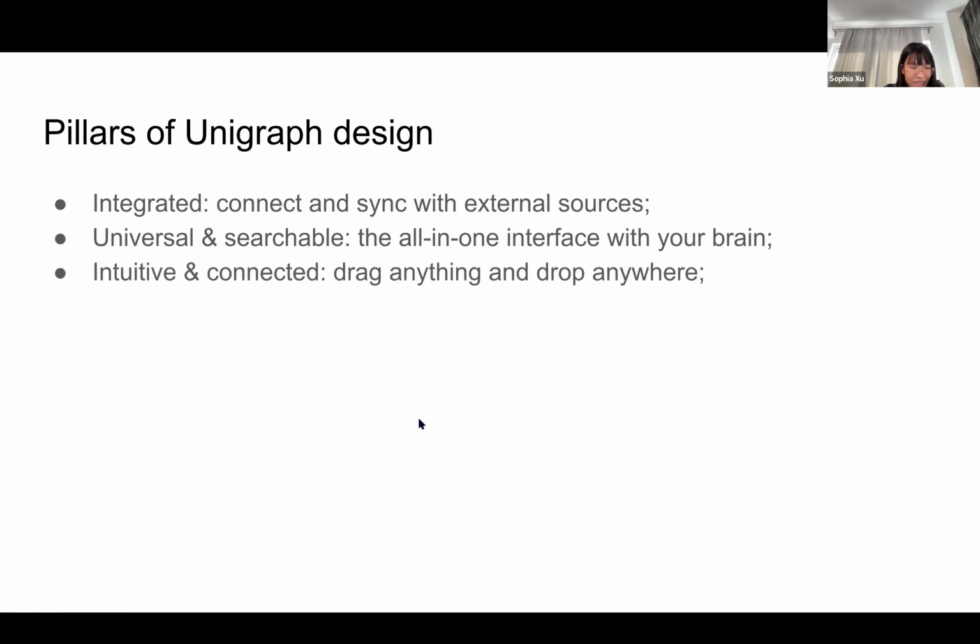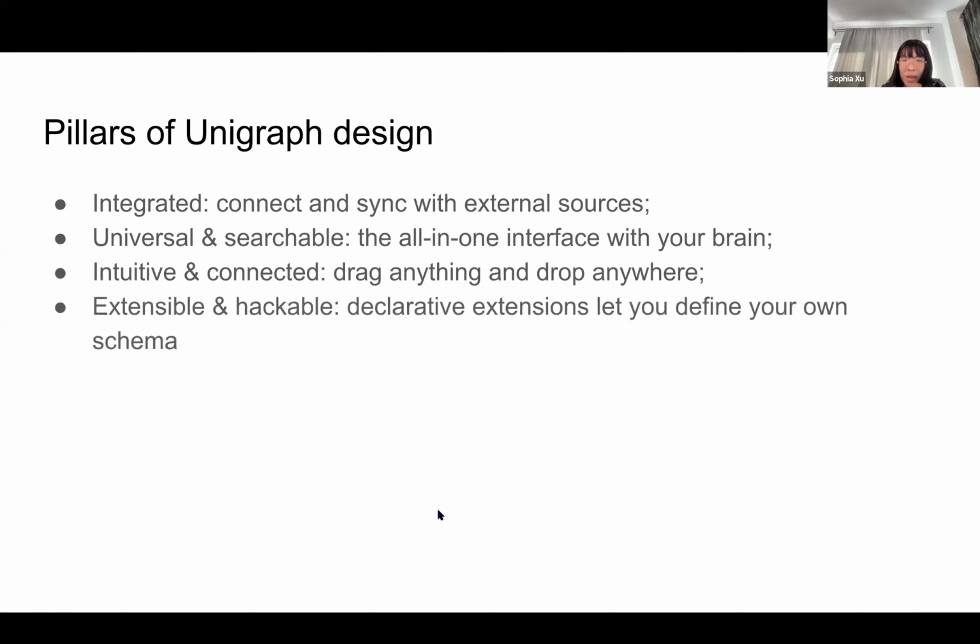In Unigraph, everything is an object, and you can drag anything and drop it anywhere. So for example, you can drag a Kanban board into a node list, and that'll be automatically embedded in that node list. It works very intuitively because that's how your brain thinks, in connected items, instead of siloed types with different kinds of files and file systems. File system is a really bad metaphor. And we completely ditched the file system metaphor, instead having a completely graph-based dynamic environment that your brain can naturally accustom to. And it should be extensible and hackable.